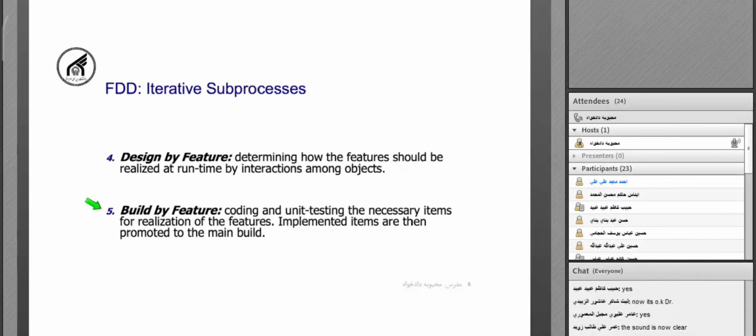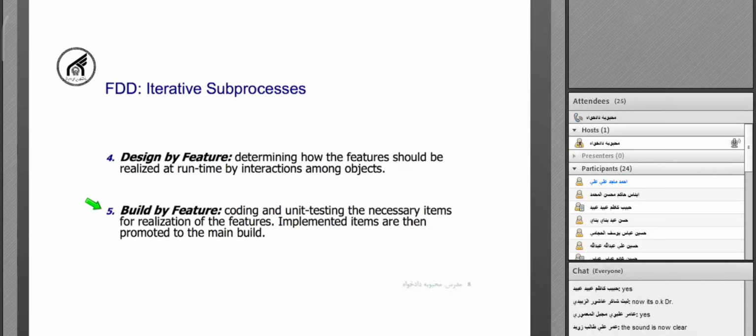After coding and testing, when we are assured that that feature is working well, then we can use those implemented items. We can use those classes and promote them to the main build. So these are the activity diagrams of these two